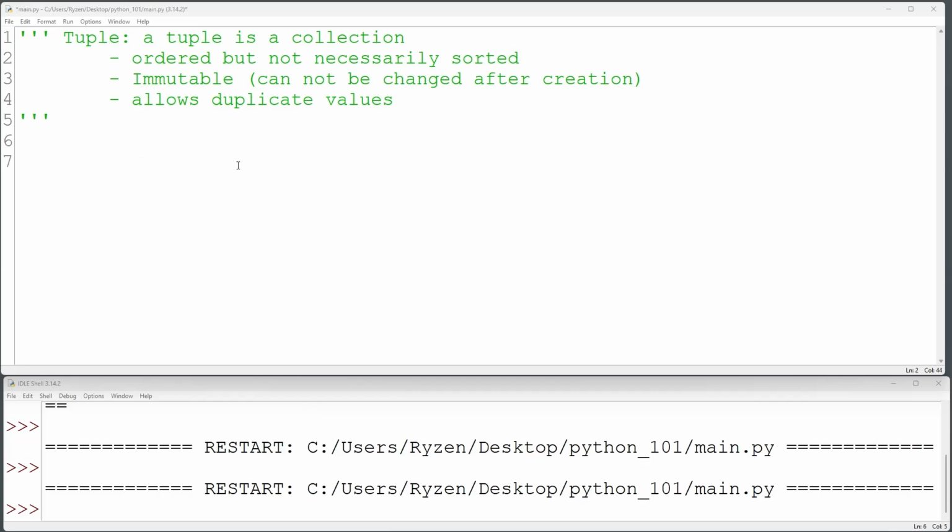Hello, in this video I'm going to talk about Python tuple. Tuple is a collection of items and it is ordered but not necessarily sorted. It is immutable, you cannot change it once you create it, and it also allows for duplicate values. So let's see here how we can